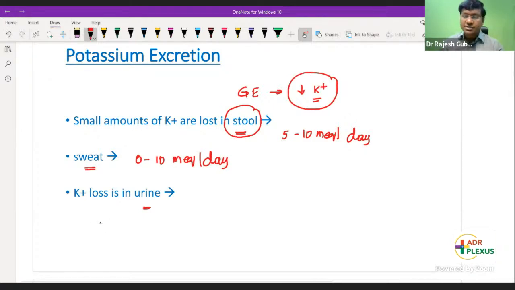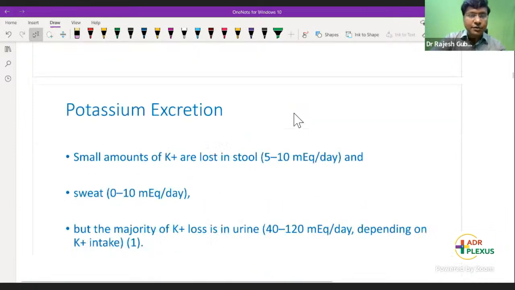Whereas the potassium loss in the urine is a major loss. And how much will be the loss? That will be around 40 to 120 milliequivalents per day. And it all depends upon the potassium intake, right? So these are all the sites from which the potassium is being lost from our body. Now, followed by that,